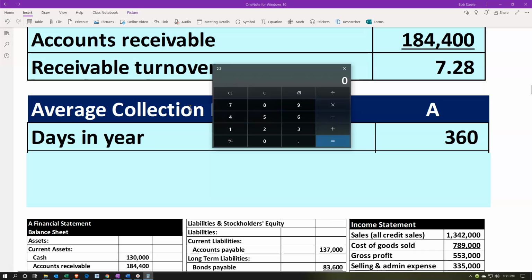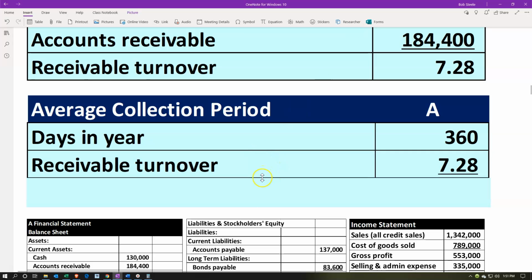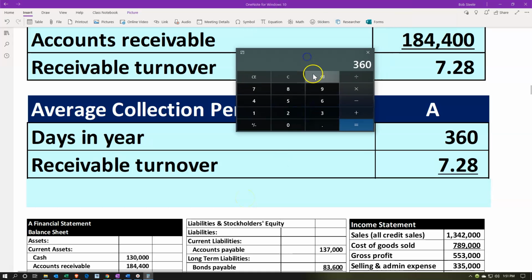Or you might try to even it out by saying, I'd like to have even units of periods. So 12 months times an average of 30 days, which would be 360. Be aware that you could see either of those calculations, either of those numbers, depending on what you're working with. We're going to divide that by the receivable turnover, which we just calculated. So 360 divided by the 7.28, that's going to give us the